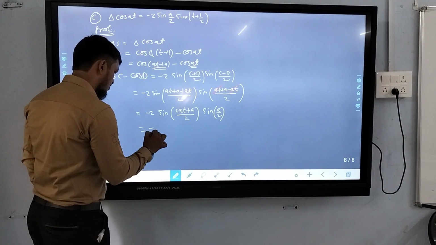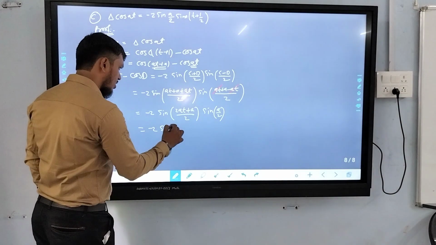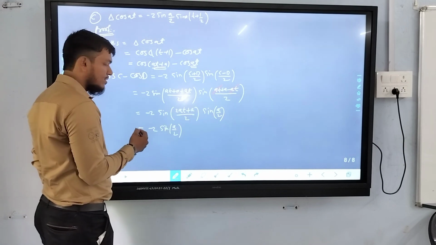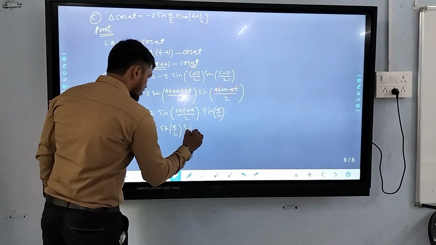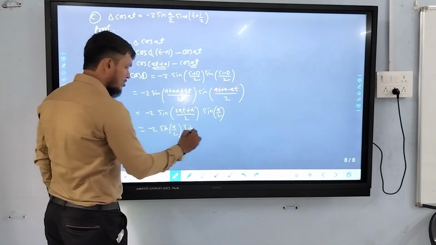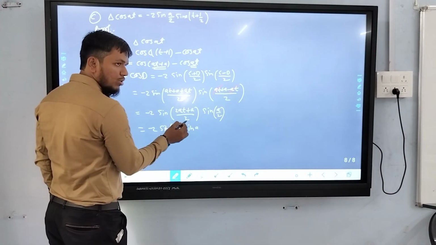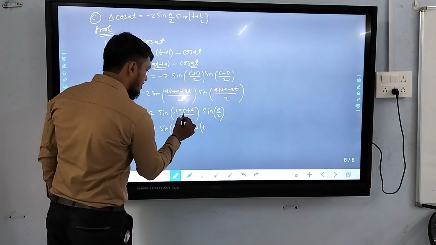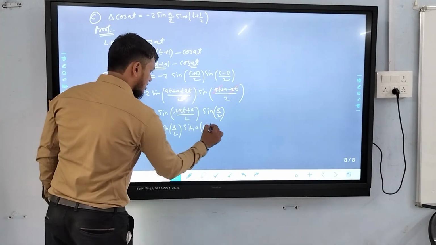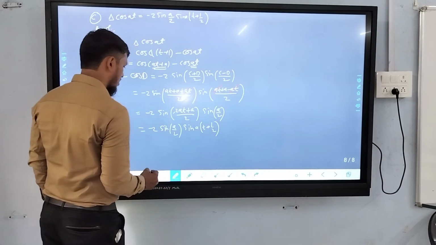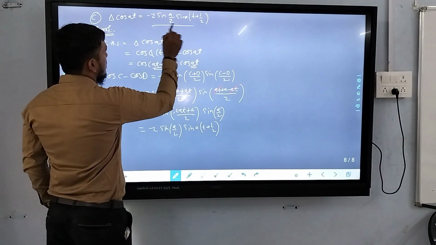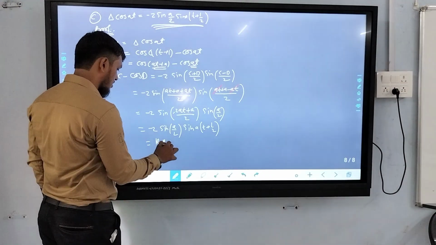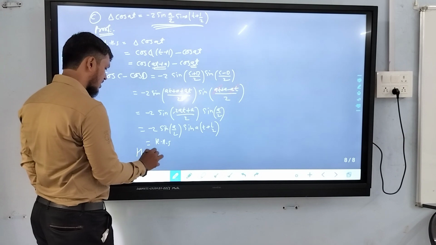We can write this sin(a/2) in the first position, because it is a multiplication of three terms. Here you can again take a common out and divide by 2, so this 2 will be cancelled from this 2, so here only t is remaining, and in the next term only 1/2 is remaining. You can see this is our target to prove. So this is our right hand side, and the proof is done.